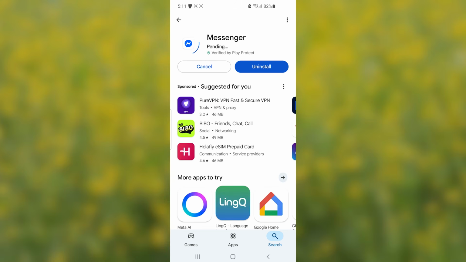So this is the best guide on how to fix your messages stuck on sending, on trying to send a